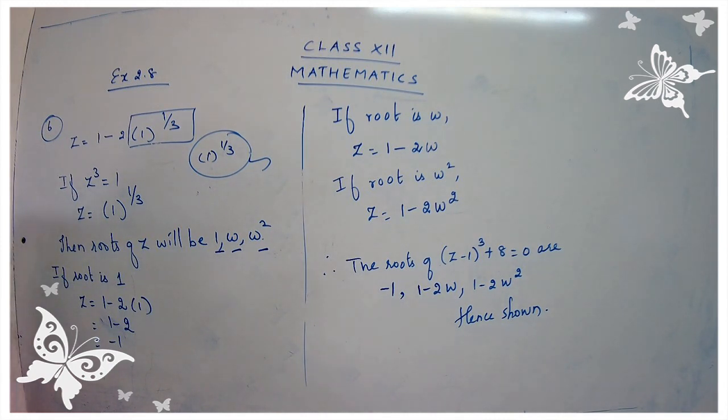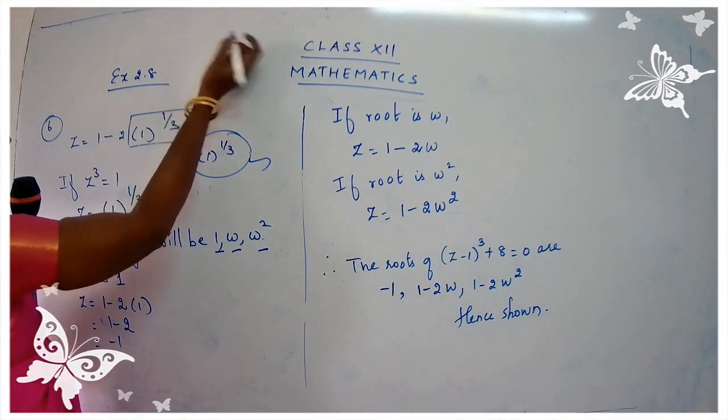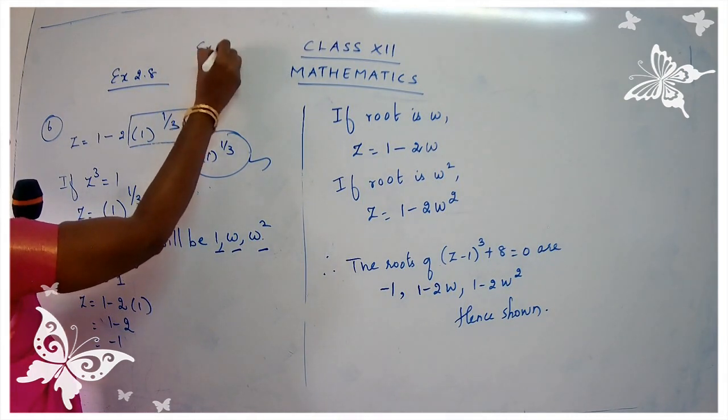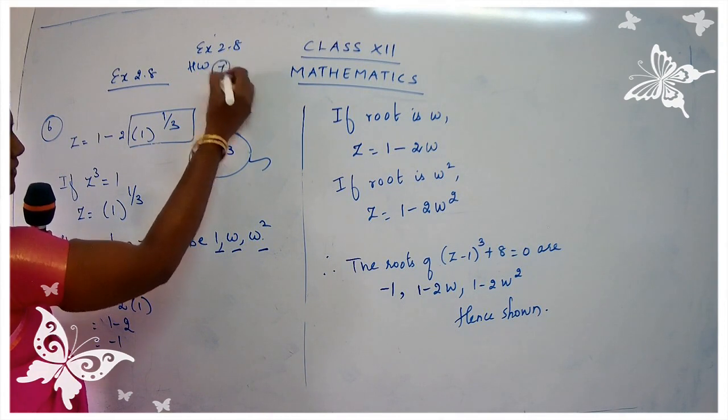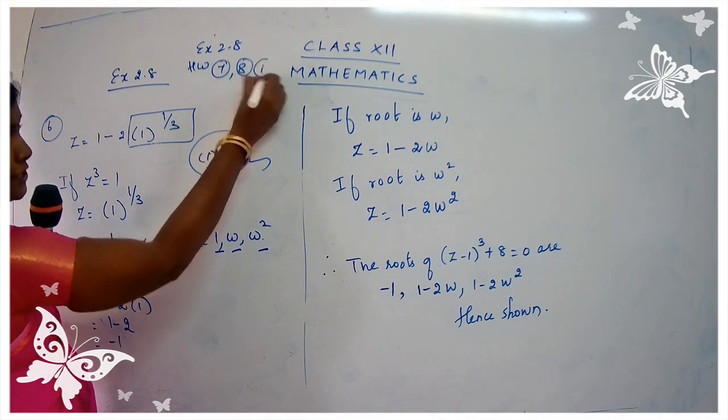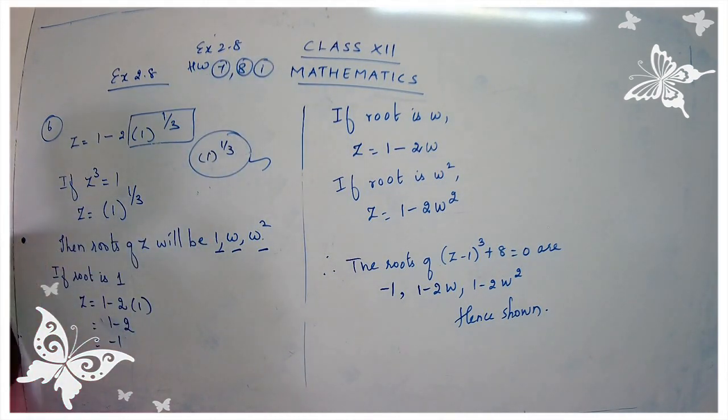So it's the time for your homework, and your homework is from 2.8. You're going to complete question number 7, try out the 7th sum. From question number 8, the first part will be homework. You are just going to apply the properties over there and you are going to get the answer. I'll be doing the second part and you are going to do the first part. The first part is the easiest part, okay children? You can just try out the first part as your homework.